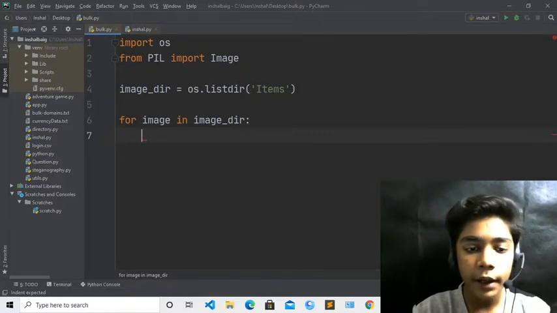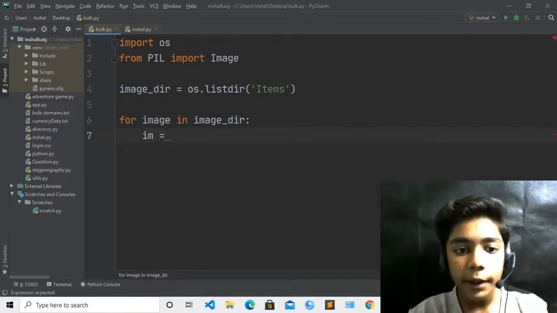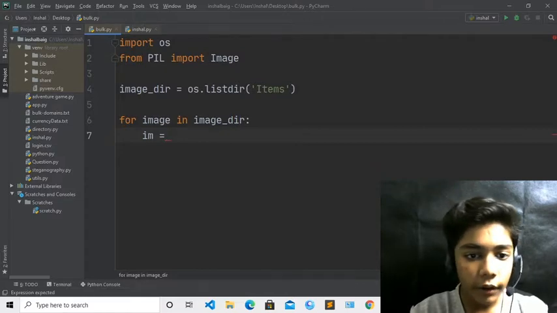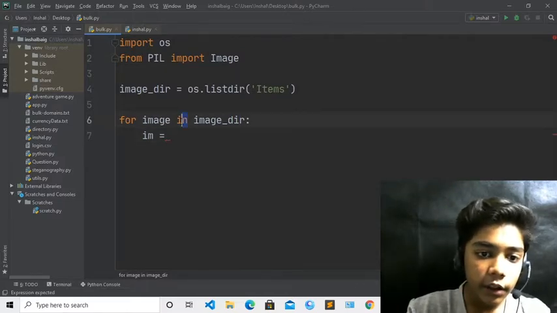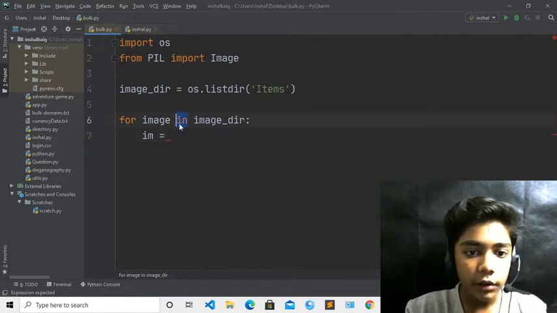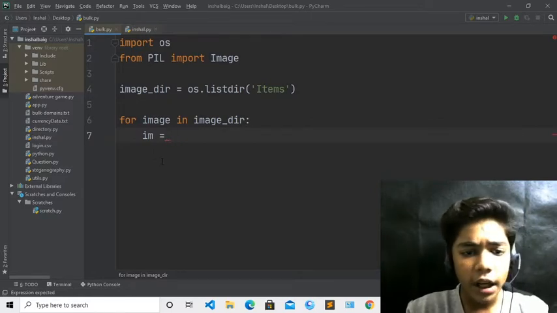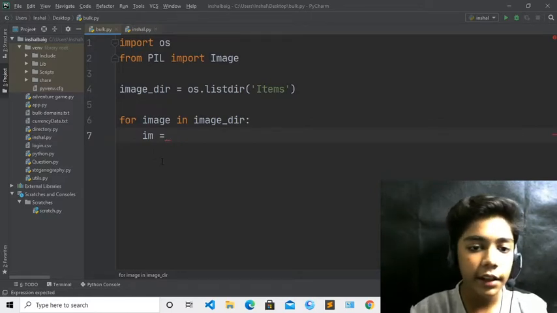Now till here we have done our work, and here you have to define another image tag, but here we will define another one, randomly, which will be im. You can use any tag you want, just it should not be in. In is a permanent keyword of Python, not a random tag, so if you write it, an error will come. So just write im, il or io if you want.